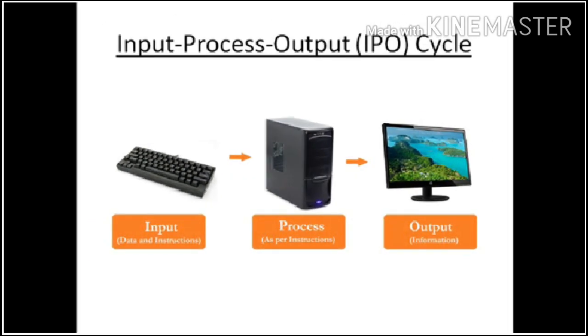So you know input devices which input data to the computer. For example, keyboard, mouse, etc. And the next stage shown here is processor or processing. So here CPU is the main processing unit of the computer. And all the work is done by the CPU inside the processing unit. Okay, then the output. Here a monitor is shown, and monitor which gives us the result, that is the output. Monitor is an output device.